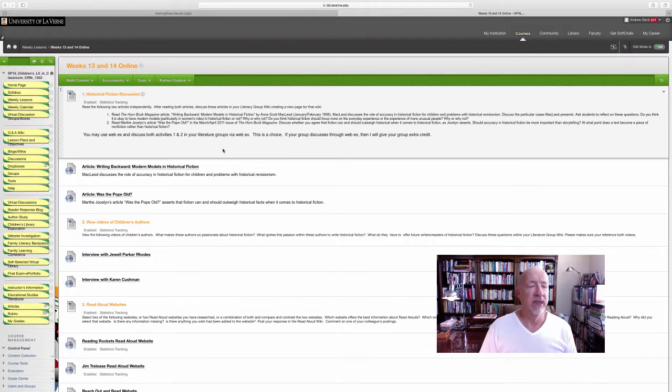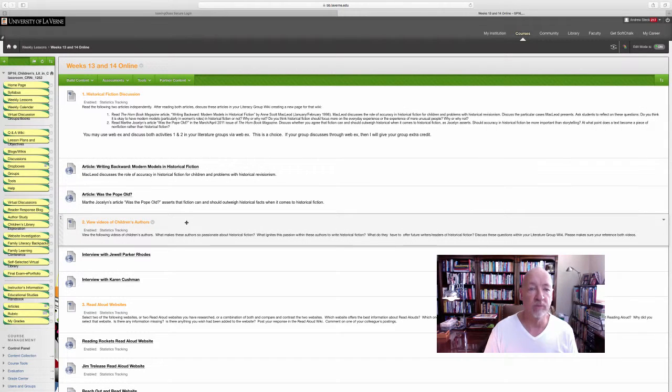The first activity is a part of your discussion. Now you have a choice. This is your literacy group, the group that you've been discussing the books that you've been writing about in your blog. You can either, and your group needs to decide this, so you'll have to have some communication deciding, create a wiki page and discuss through that, or get together over the next 2 weeks and talk about activity 1 and activity 2.